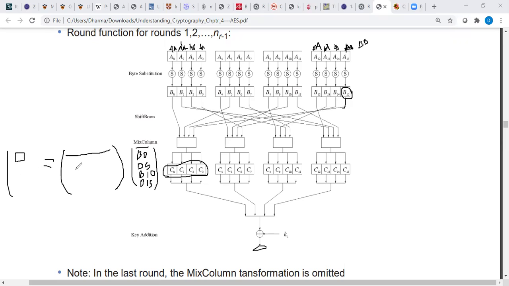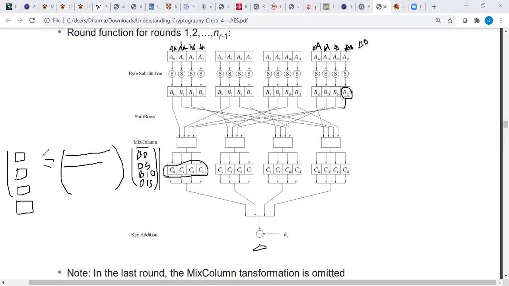What about the second row? You take the second row, you again multiply with all of these. That means this is also a linear combination of all of these. So your C0, C1, C2, C3 that you're seeing here, all the 4 items, are basically dependent on B0, B5,